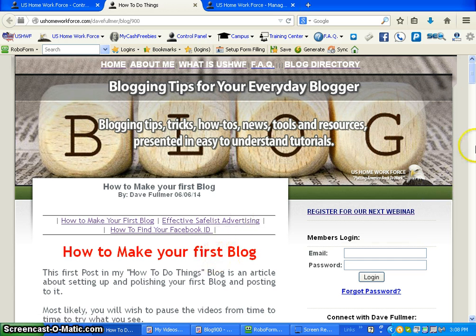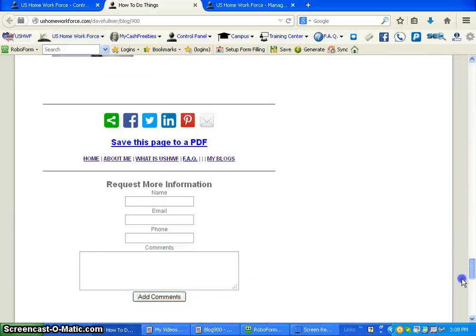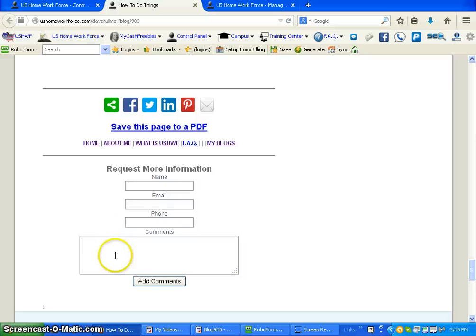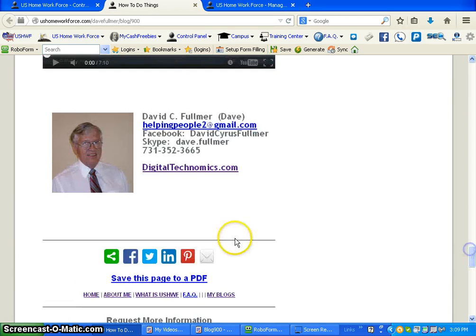I'm in the blog here and I want to show you what I want to do down at the bottom of the page. If you notice, we've got this area where they can add comments. Now sometimes you may want to have comments, but a lot of times comments will attract the automatic bots on the internet that are skimming off leads and sending spam letters to you. So what I want to do here is get rid of this area, and then put in a capture form up in this area leading to my blogging tips that this whole blog is